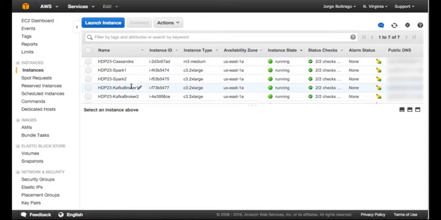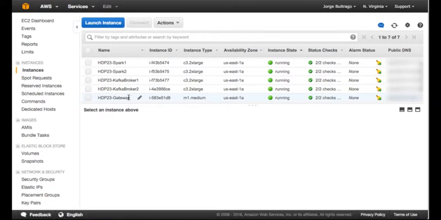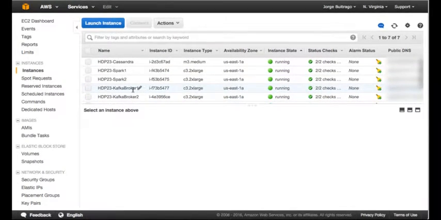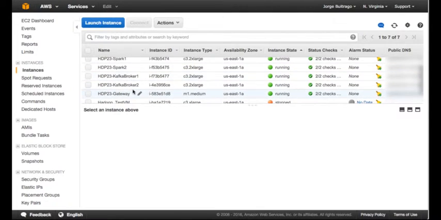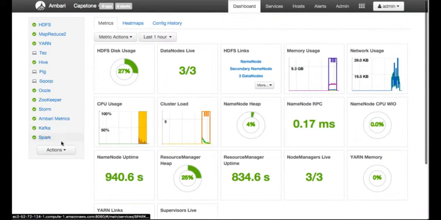Hi, this is my cluster. It consists of two Spark nodes, two Kafka brokers, one Cassandra server, and a gateway machine where I installed Apache Ambari. This is to deploy all the services from a single pane of glass,